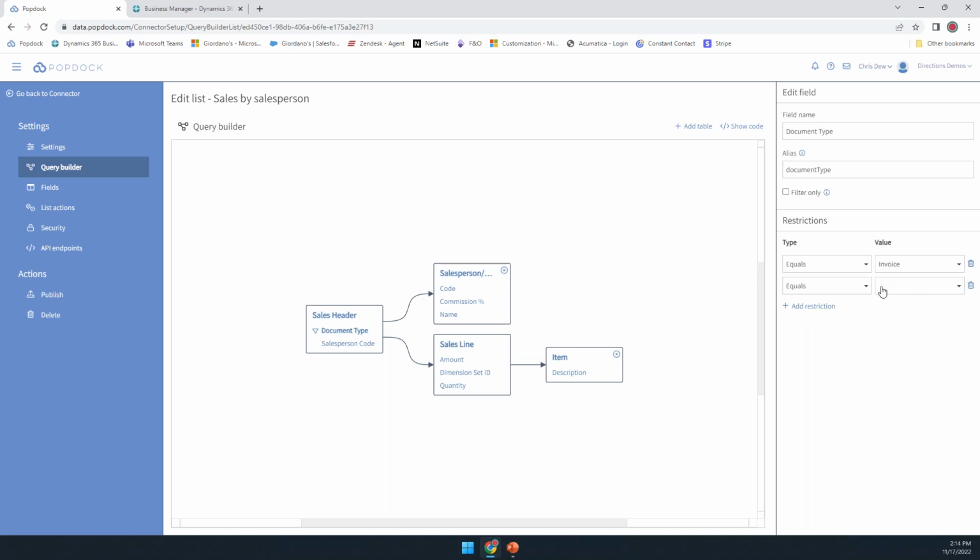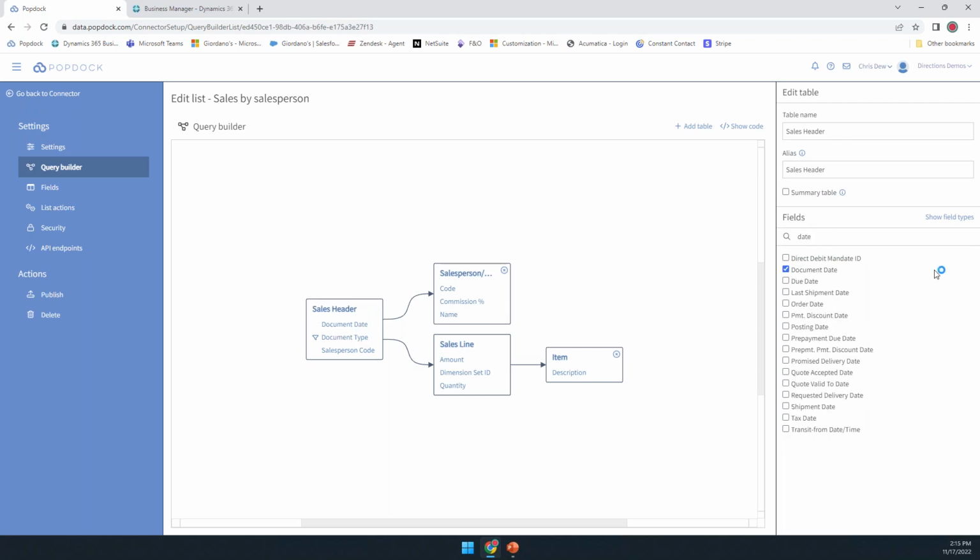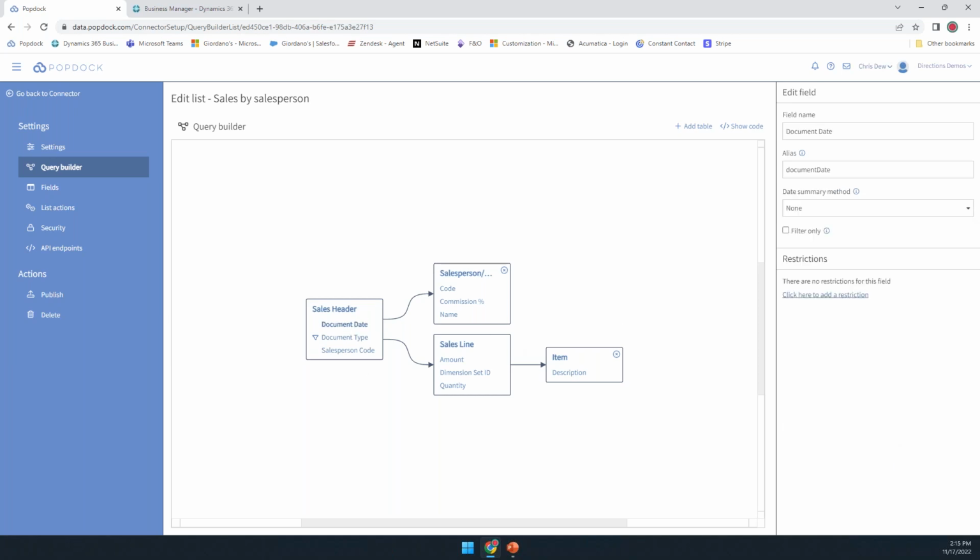Let me just add one for now. Well, okay, let me pick a different field here. Let's see, I don't have any date fields. Okay, let me add a quick date field. I now have this document date field. If I wanted to put a filter on here, you can see I can specify a date, but I can also